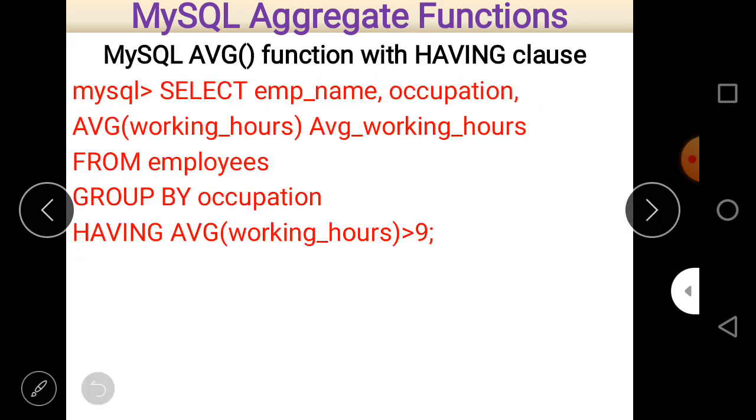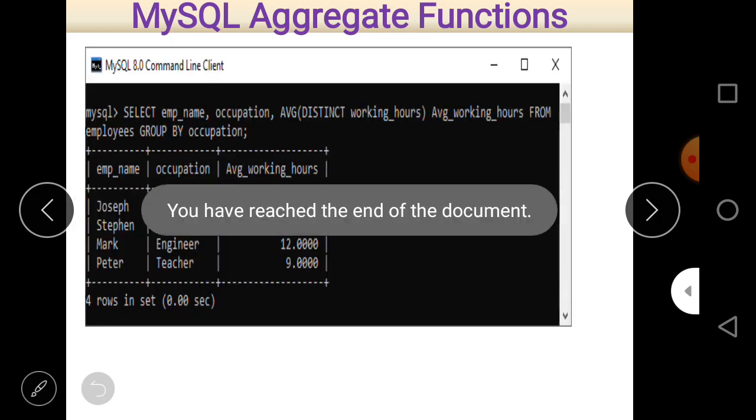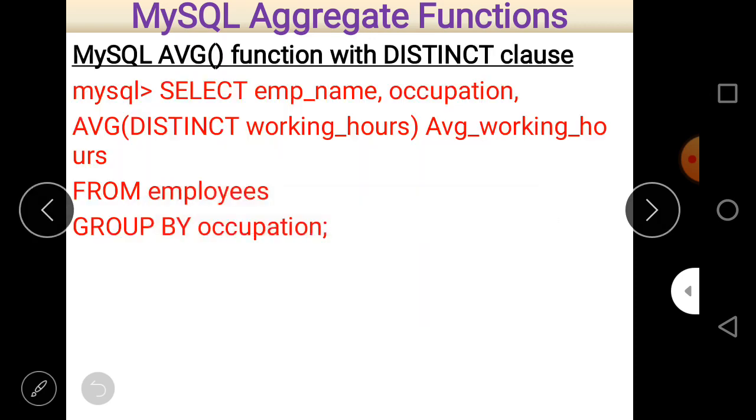So when we use the distinct clause, it means the values which are repeated more than one time are considered as one.